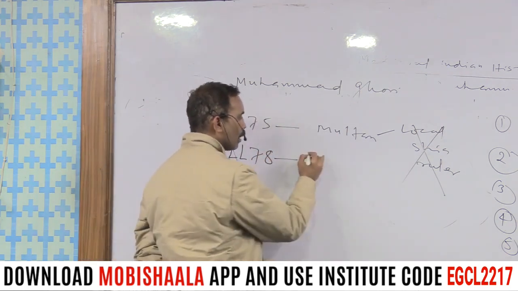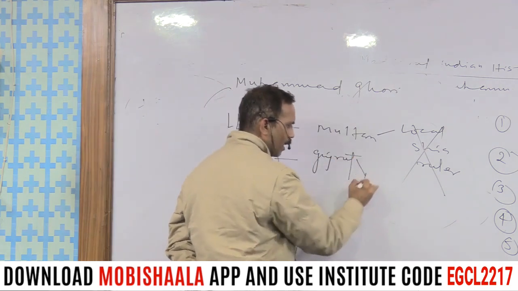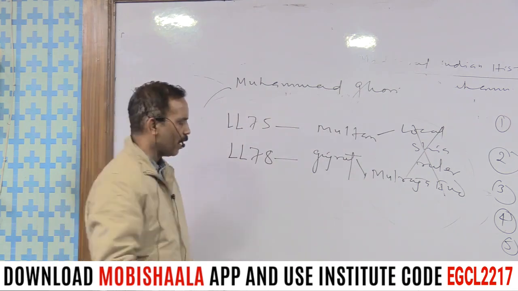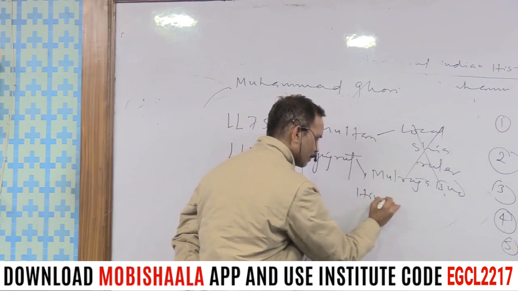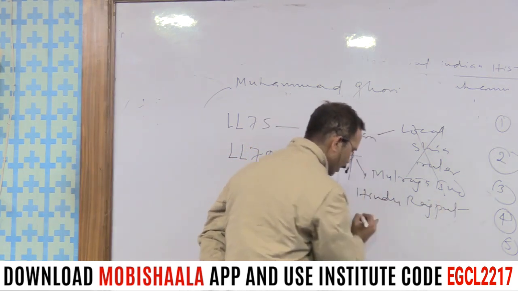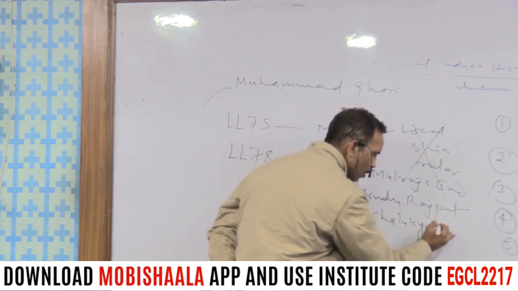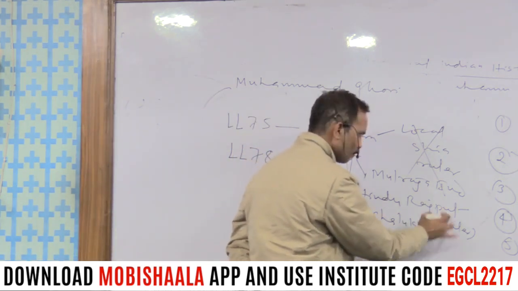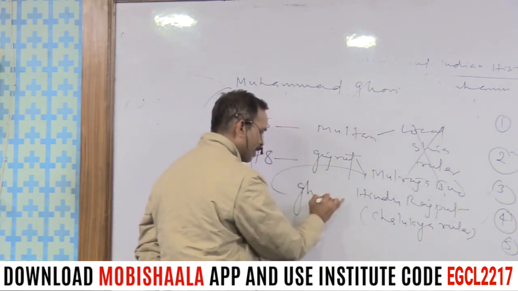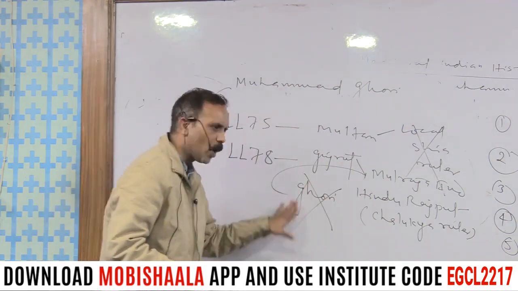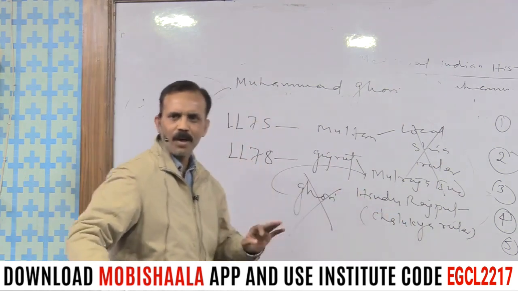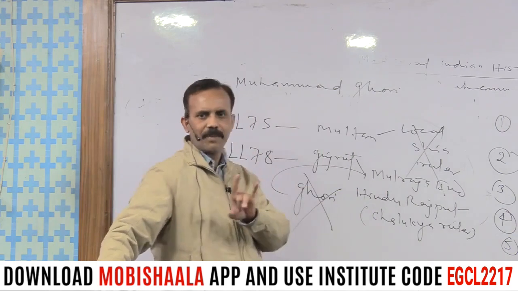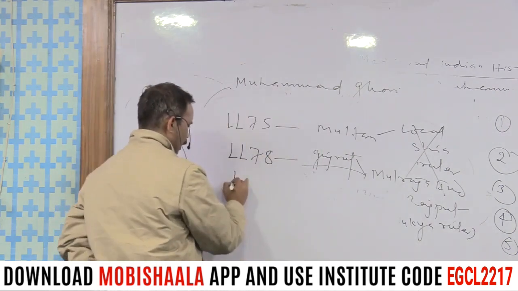1178 against Gujarat, ruled by Mulraj II, a Hindu Rajput, in bracket Chalukya ruler. And Ghori got defeat in the hand of Mulraj II. Is it clear? The first defeat of Ghori. Next. In 1191,